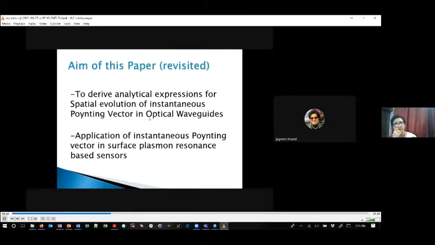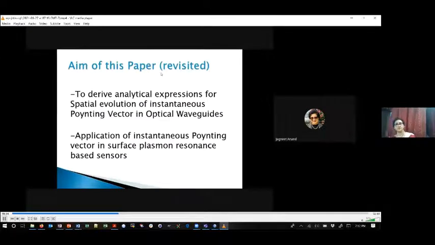So now again, I will revisit the aim of the paper. The aim is to derive analytical expressions for the spatial evolution of the instantaneous Poynting vector in an optical waveguide, and then we will discuss the applications of the instantaneous Poynting vector in surface plasmon resonance based sensors. That is why the waveguide I'm considering in this presentation is an absorbing waveguide, which consists of